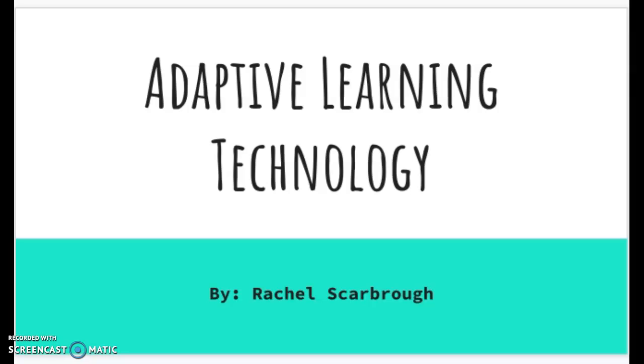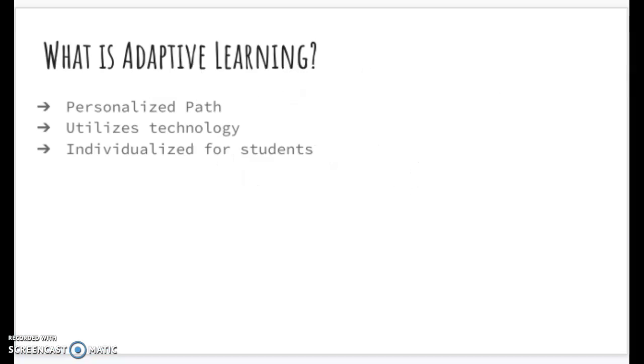Adaptive learning. Adaptive learning offers a personalized path for learning based on student needs. Adaptive learning utilizes technology to create a differentiated, individualized learning plan for each student. Technology analyzes student abilities and delivers appropriate activities and supports to enhance student experience with learning to ensure student understanding